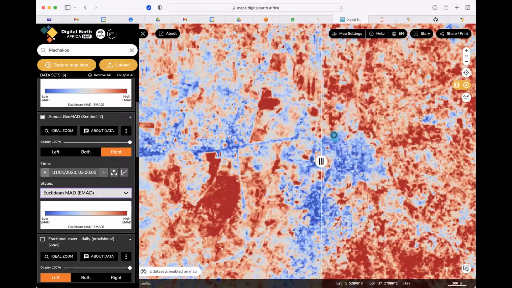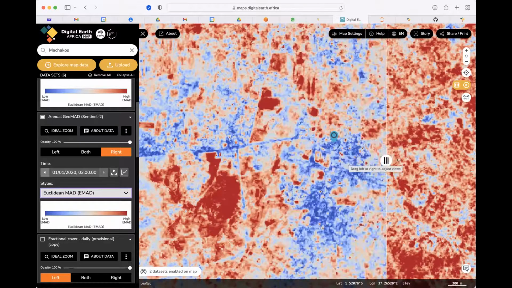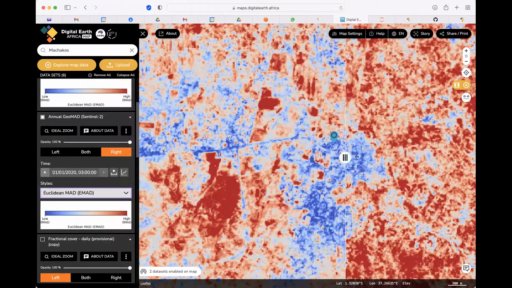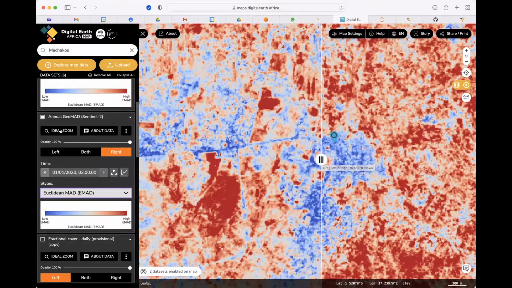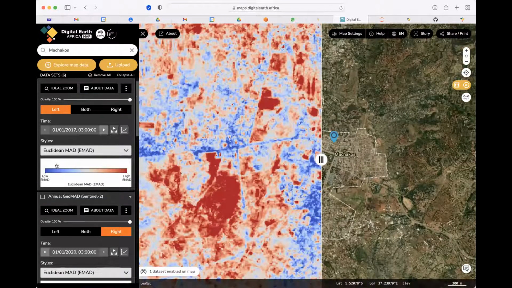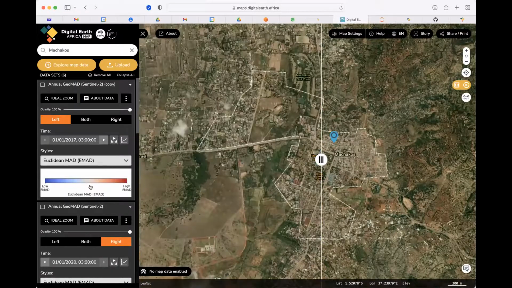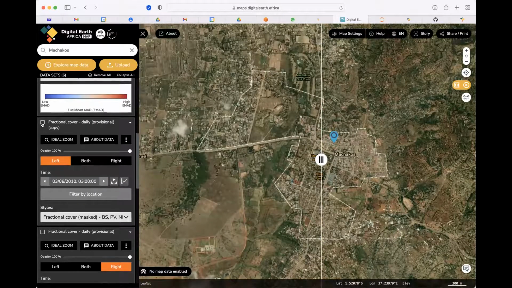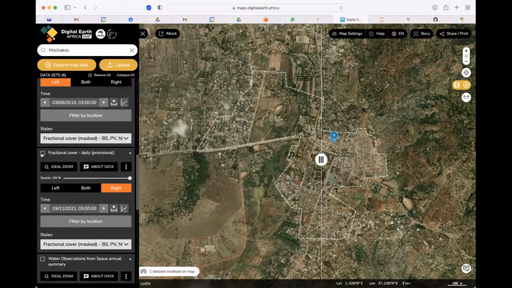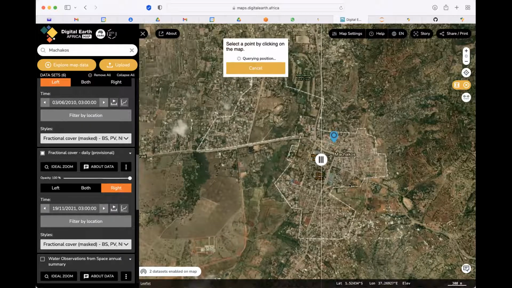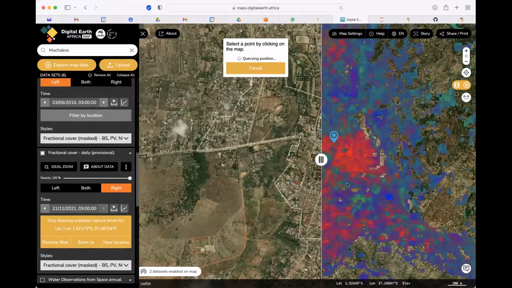So the one on the left shows quite some developments, and on the right you see quite less. So the redness shows you how much of it is changing to bare. And also since now I have the fractional cover in the background to support that analysis or assessment, I can put it now. And we can see how it looks for this Machakos metropolis.